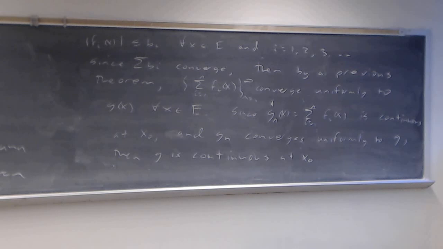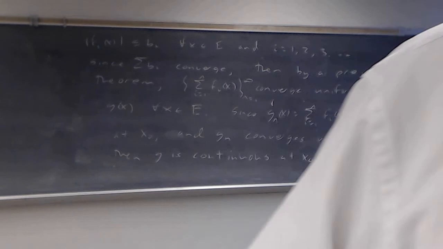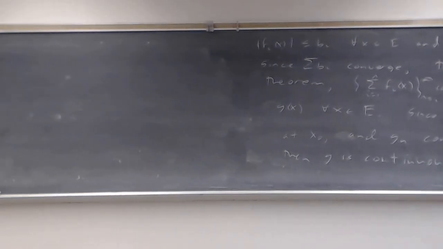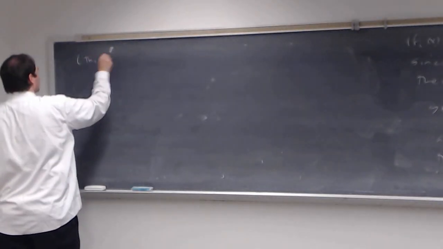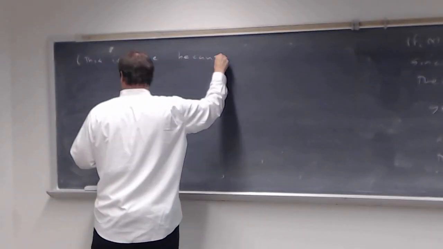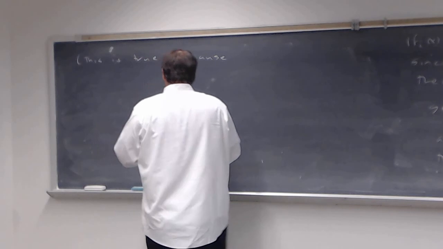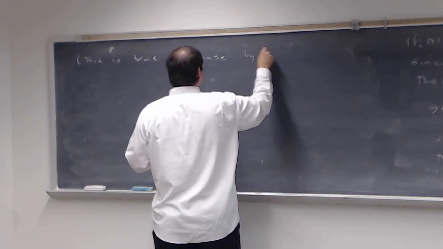And it generated a kind of a more general theorem than what I'm just using here that said that if your sequence of functions are continuous and they converge uniformly, what they converge uniformly to is continuous. Okay? But I'm going to write up a little bit more of an explanation here. I'm going to say this is true because by a previous theorem,